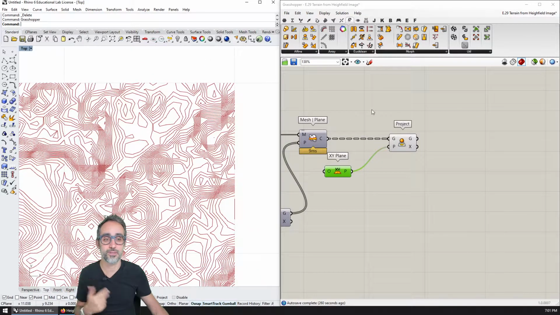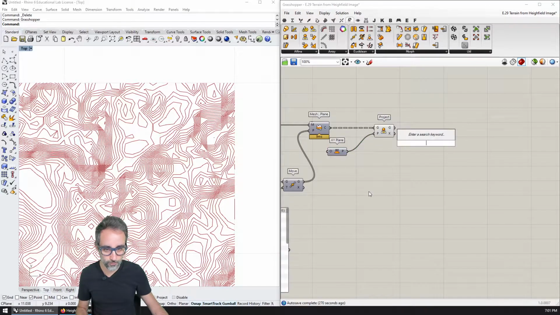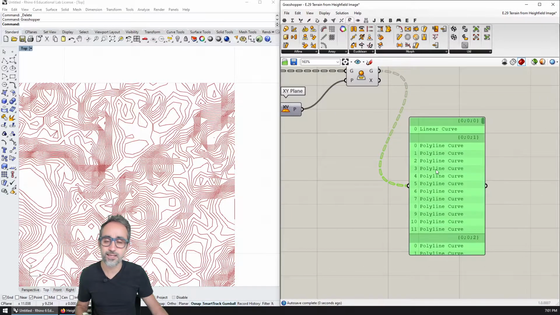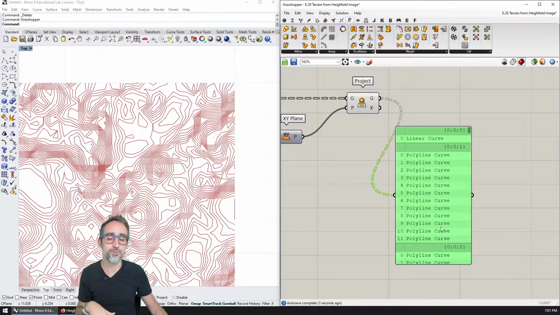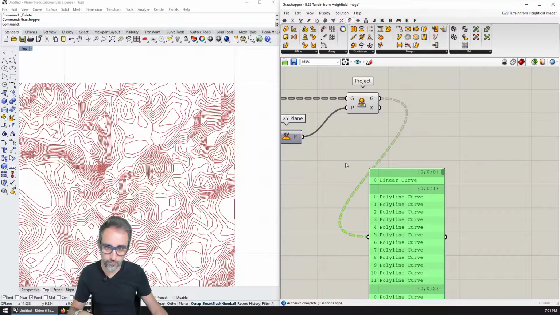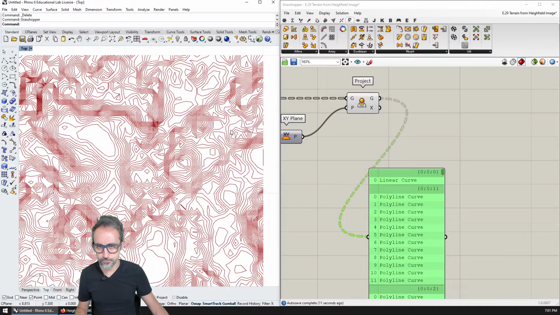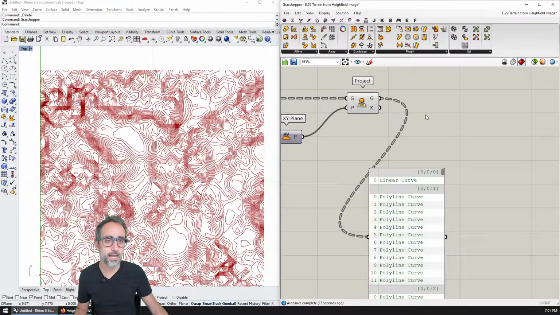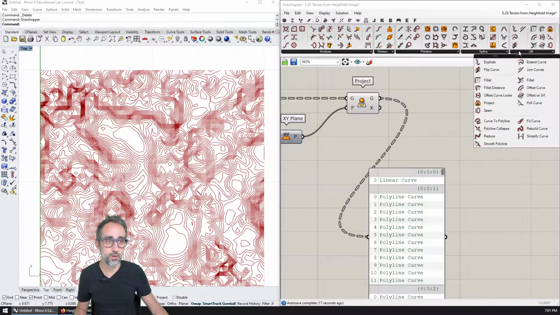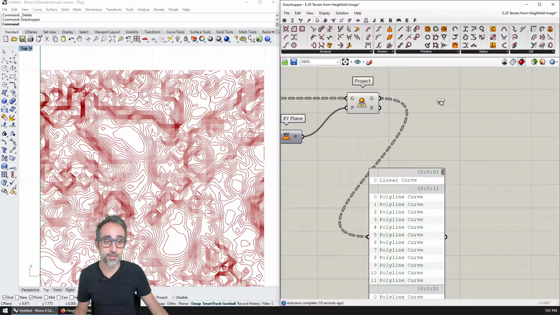Here, for example, I take all the polylines that I have projected, and I can do this on the projected ones or on the ones in 3D space, it doesn't matter. But I can take the polygons that I have projected to the floor and explode each one of the polygons to obtain the vertices.